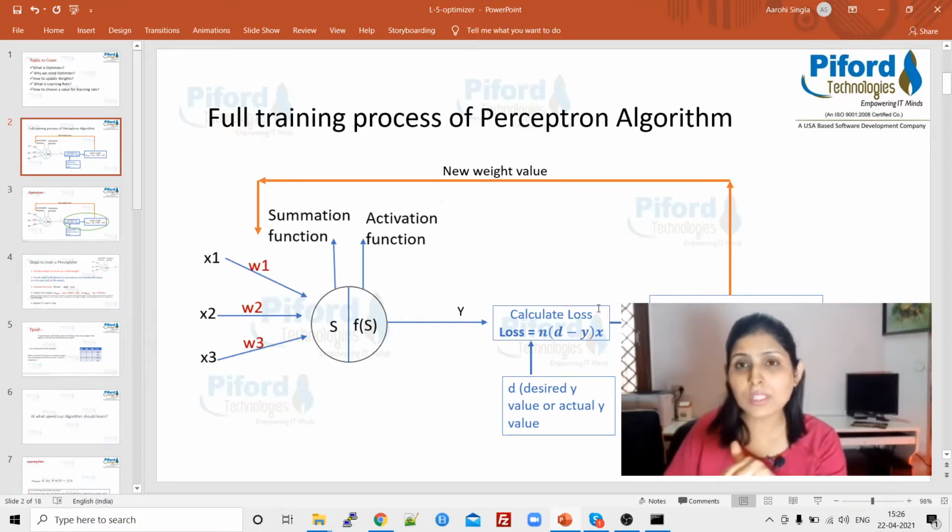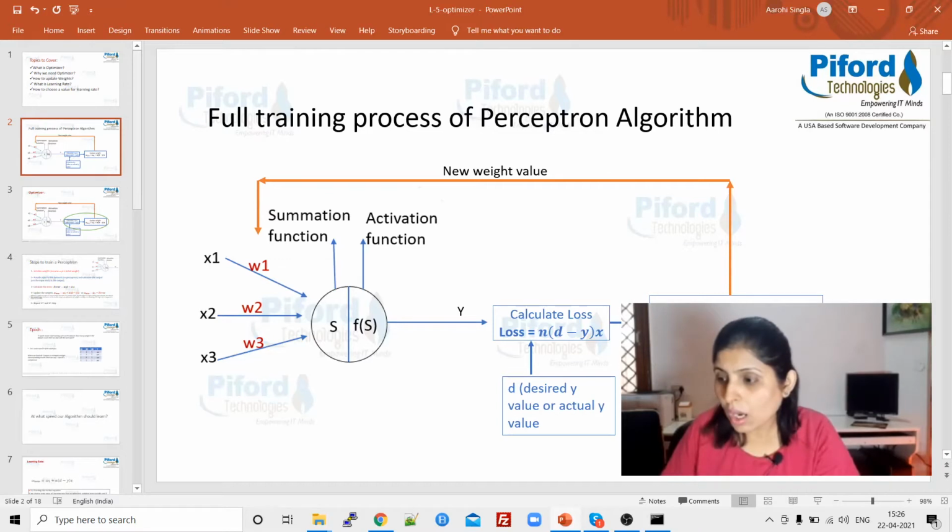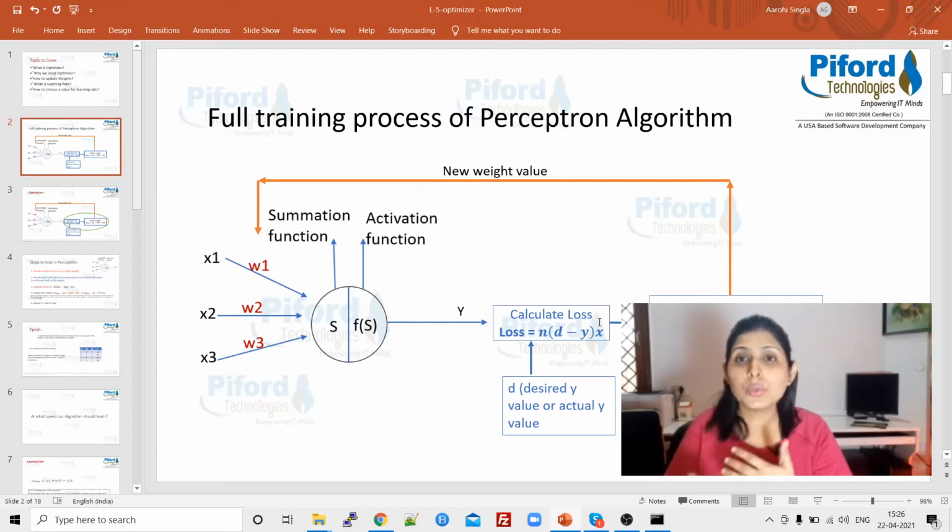Now we have to see, after changing these weight values, whether your error is increasing or decreasing. If your error is decreasing, that means the new weight values are working, right? So what I'm telling you is we are updating the weights, giving the new weights, and again following the process.